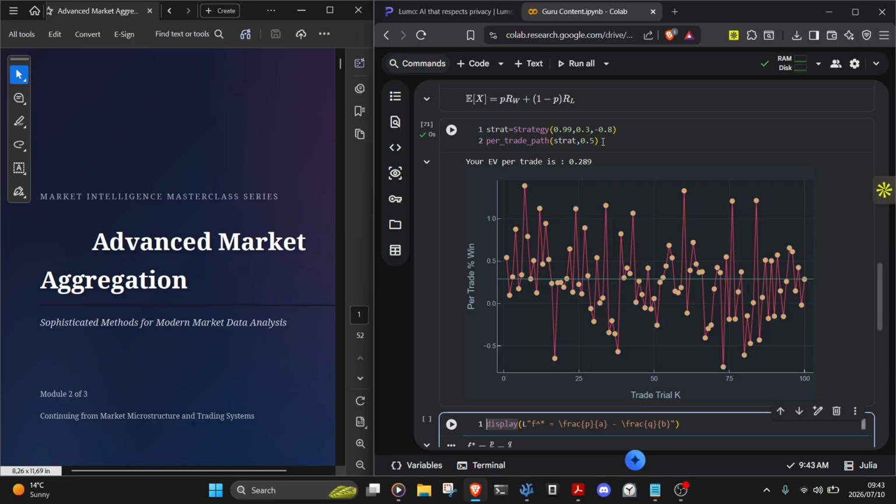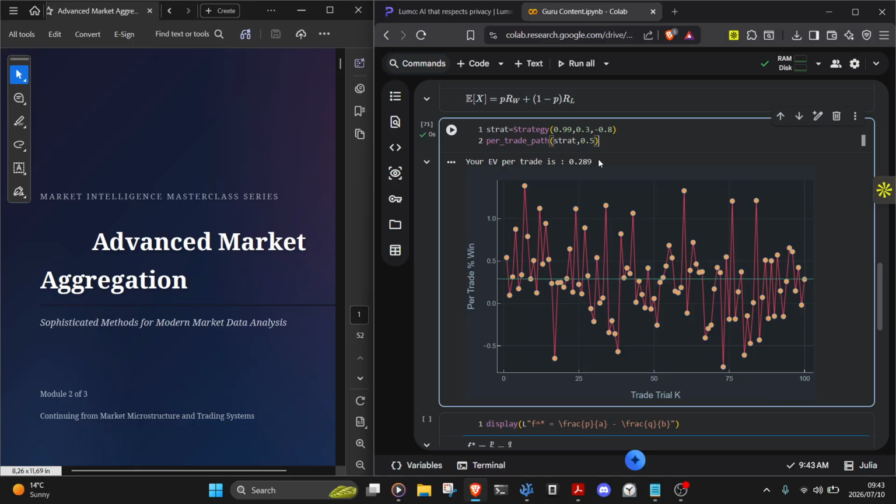As you can see, this strategy has a positive EV, right? Even though on every trade you're losing, on average, you're losing about 80%, it has a 99% probability of winning. So it has a positive EV. On average, when you put up $1, you should expect to make about 28-29 cents on a dollar,